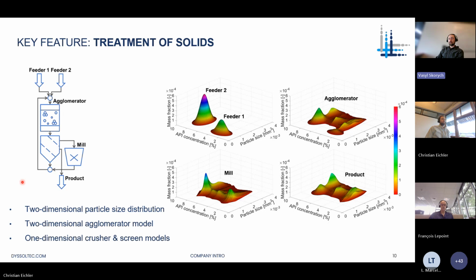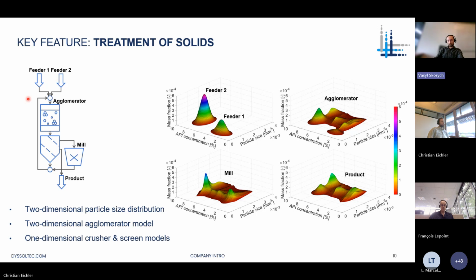Then we mix them together and put them into an agglomerator where those different particles stick together, forming larger agglomerates. By this, the size of the particle changes, and of course the concentration of the active ingredient changes in the overall agglomerate. And to control the final sizes, we have a screen-mill cycle attached to the agglomerator, where the particles are separated by size, and the coarse fraction is crushed in the mill and returned back into the agglomerator